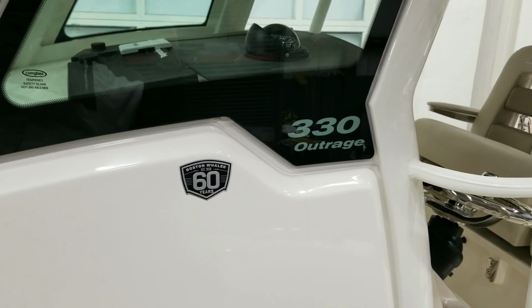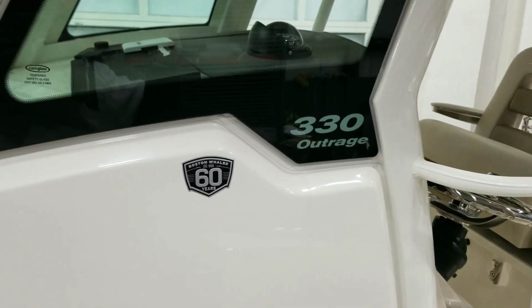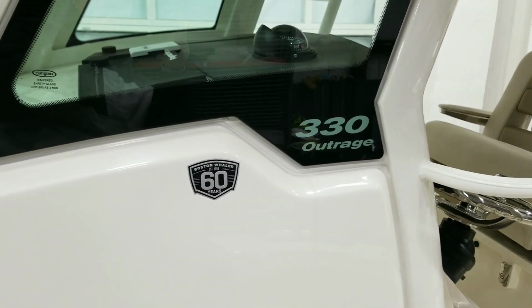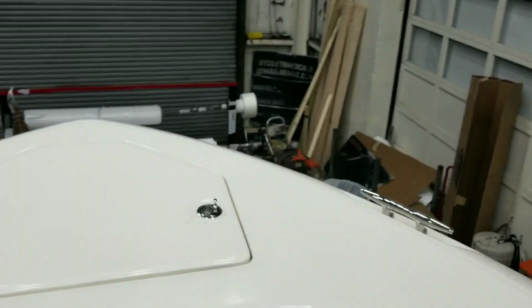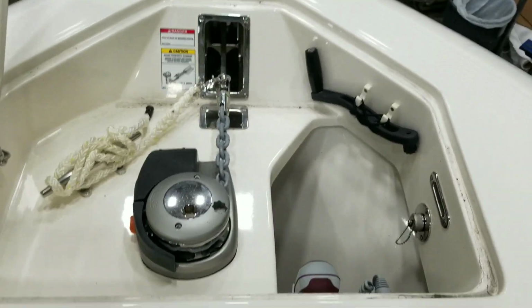We are going to go through the 33 Outrage. This is the 60th anniversary edition, as you can see. So let's start all the way up forward. This 33 Outrage is the quintessential fishing boat, geared up with obviously anchor windlass,